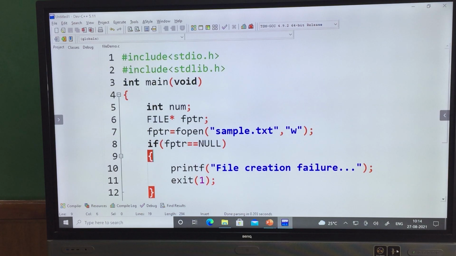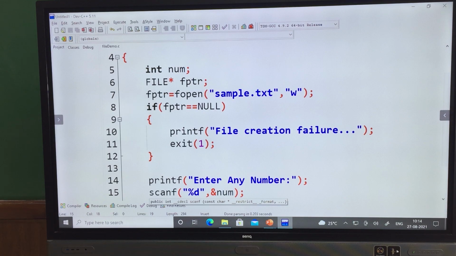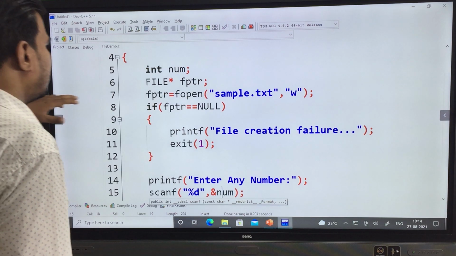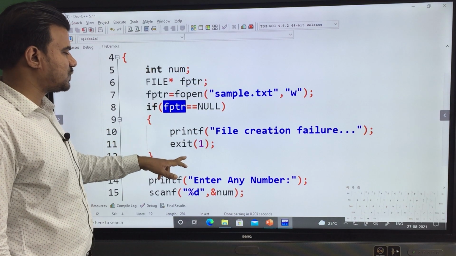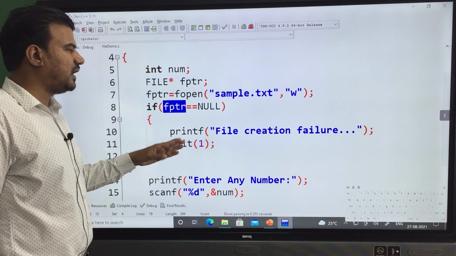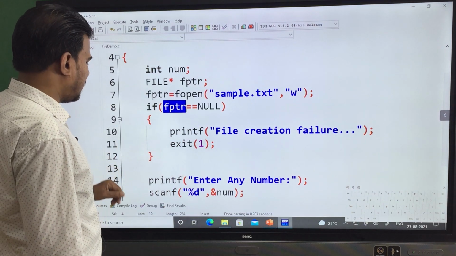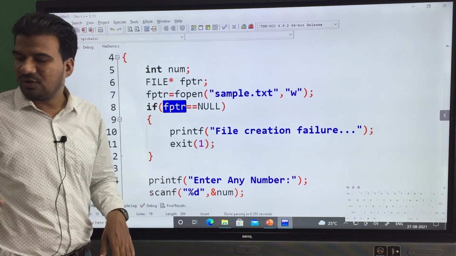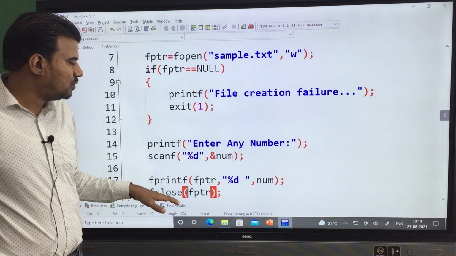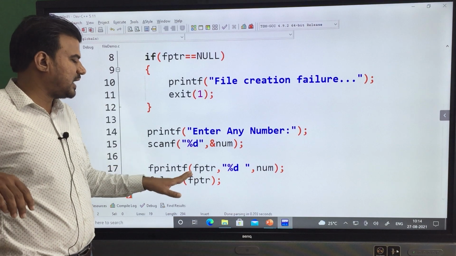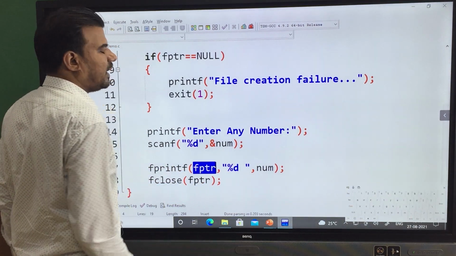So this is how we are performing all our operations. First we opened the file here. Then we checked whether the file got opened successfully or not. If there is any failure in opening the file, simply we are exiting from the program. Then we are reading a numerical value from the keyboard, and after reading it, we are sending that value using fprintf function to this FPTR.